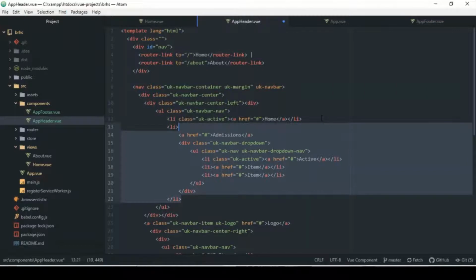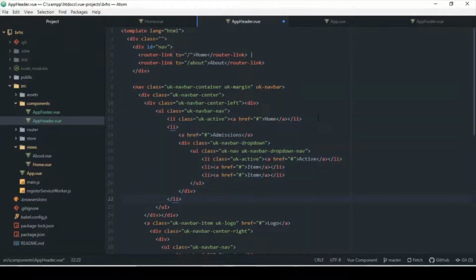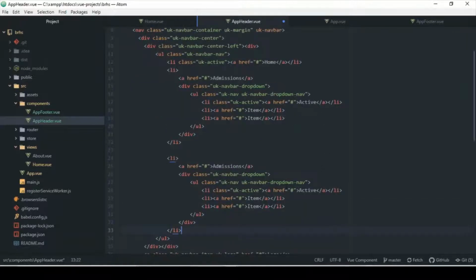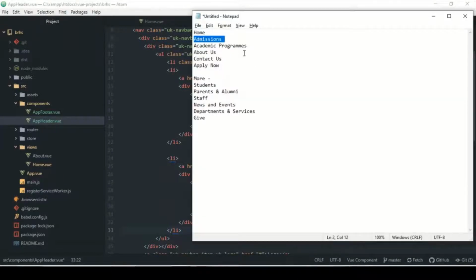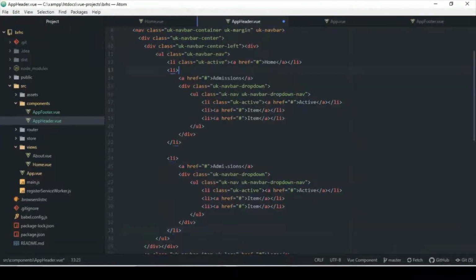So I'm gonna copy these. I may change the styling of the drop down, but we can just make a default one for now, and we can touch back on the different types. So we can look at academic programs. So yep,